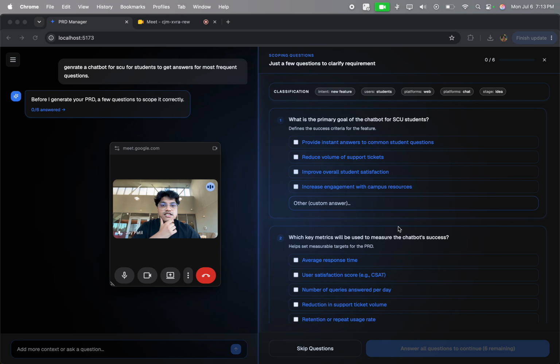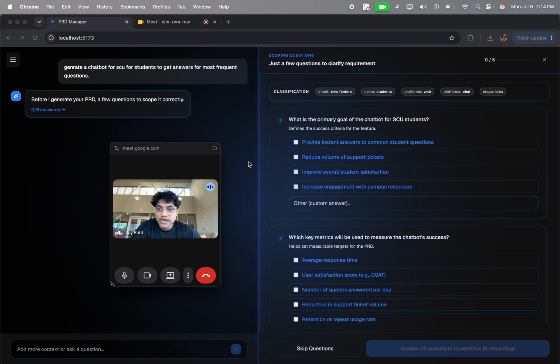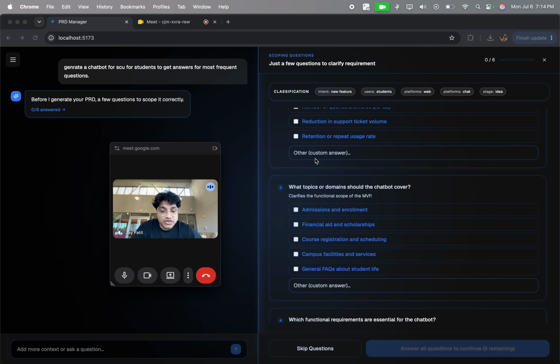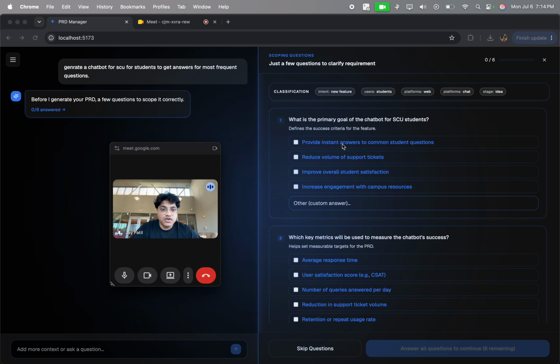So we can see that there are a few questions that it is asking me based on this requirement, because we haven't really specified who the requirement is for, what metrics will be used to ensure that it is the correct requirement, when should we stop, what the functional requirements are, and all that. So this is what the software asks. So the client can answer